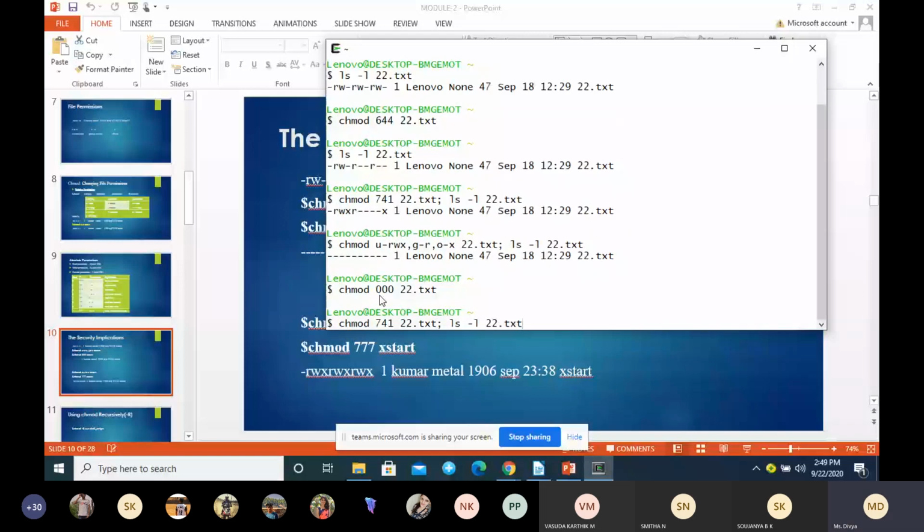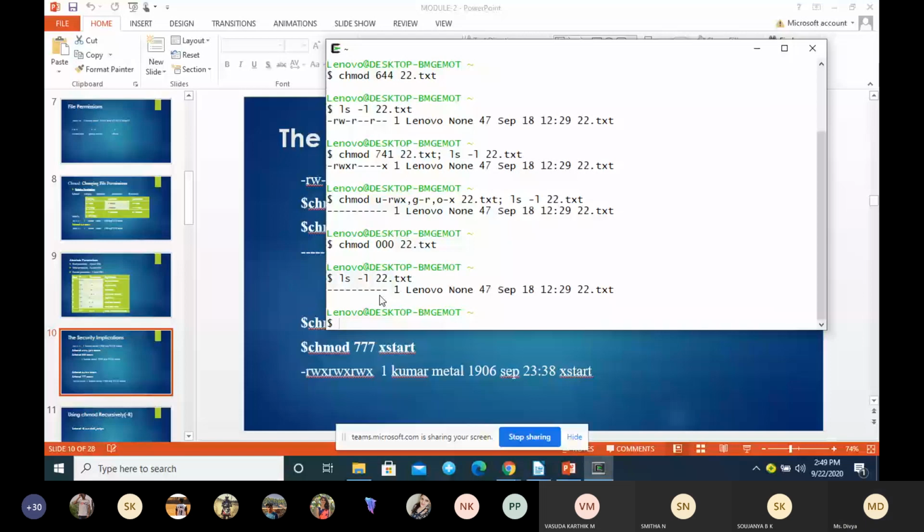Similarly, you can give all the permissions: chmod a+rwx.